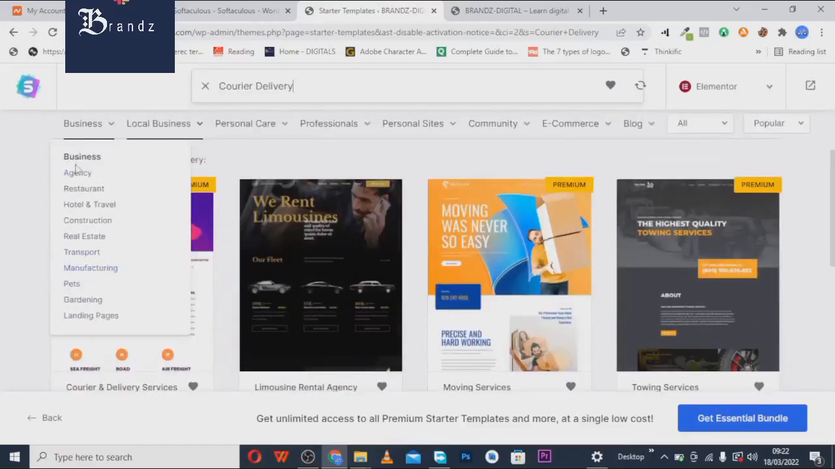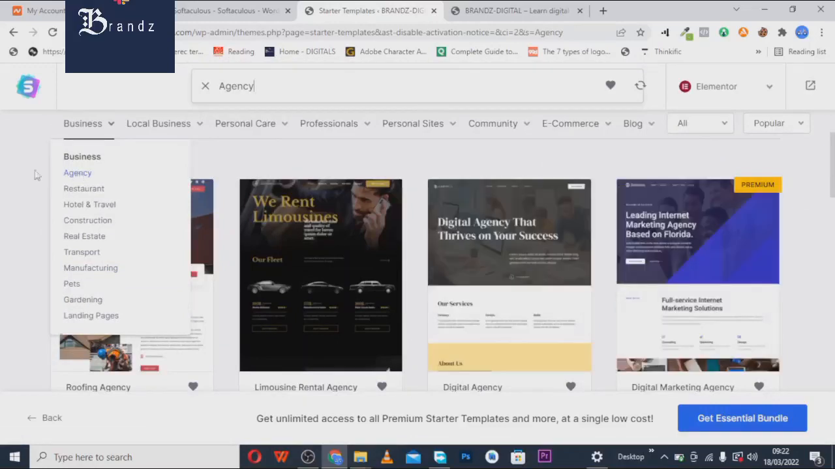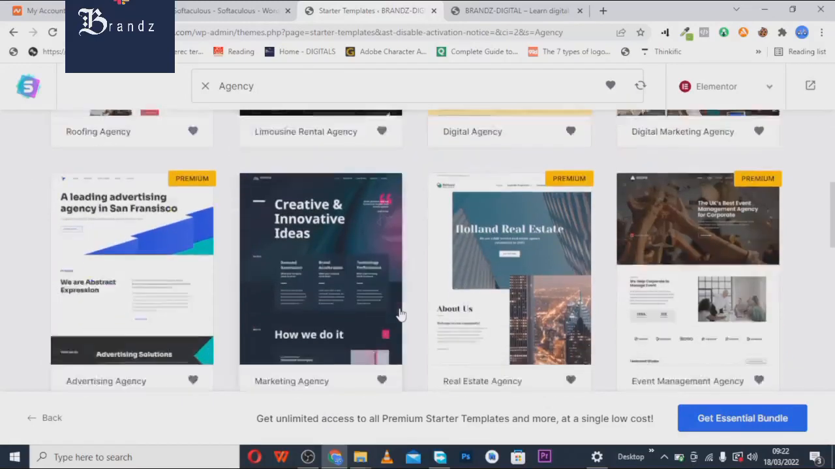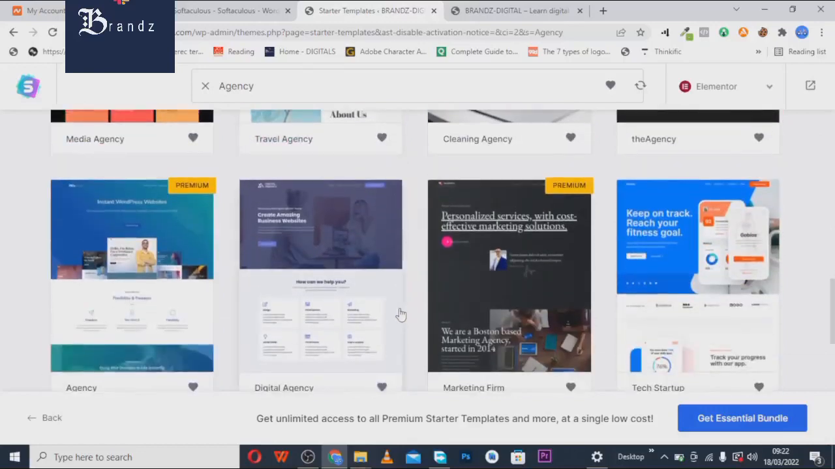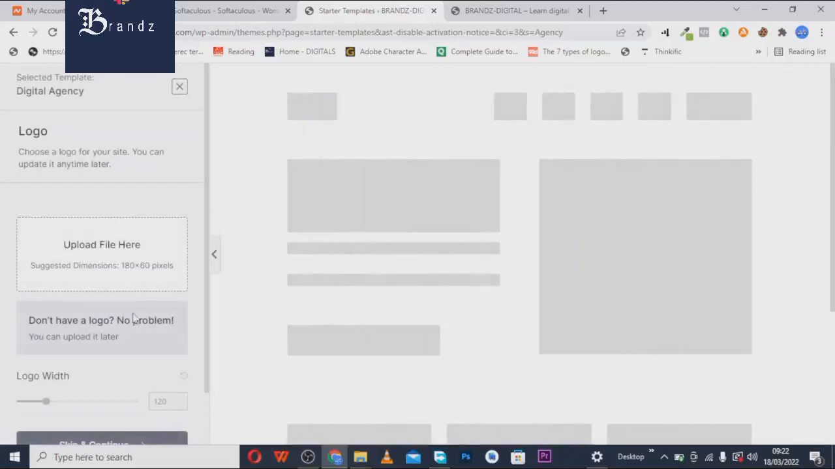All right, so we're going to go for an agency now. Imagine you want to build an agency website. I'm going to be showing you how to do that. Also, you don't necessarily have to use a template. You can create it all from scratch. It's not a must that you use a template to create this site, and I'm going to be showing you how to do that pretty soon. So first we're going to be using this digital agency template,